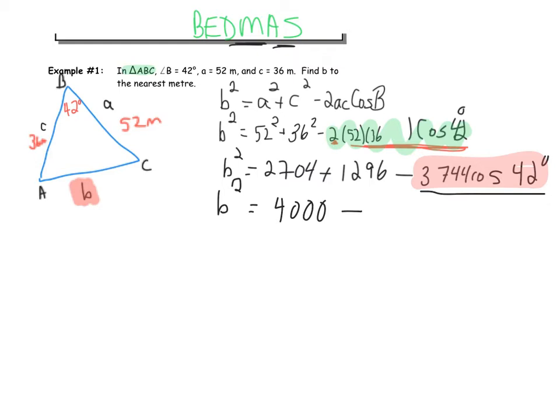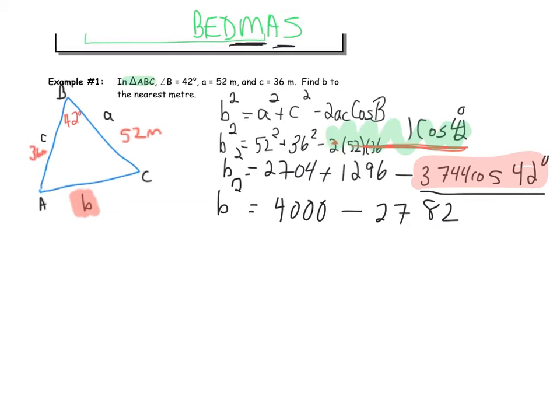And I'm getting 2782 approximately. So now I'm just going to clean this up. And that's going to give me 1218. And now, of course, just to isolate b and to undo my square, I need to take the square root of each side. And so when I do that, I get that b is equal to